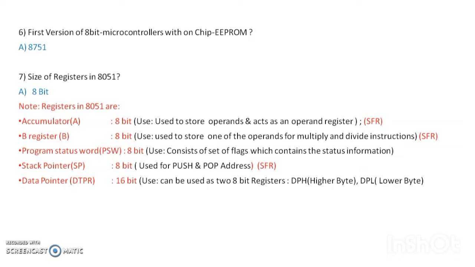Here at the end of each register you'll be seeing something called SFR. SFR is nothing but special function registers. The 8051 microcontroller has special function registers, which are addressable 8-bit registers. For more information, I'll be giving you the details in further slides. For instance, some of the SFR registers are A register, B register, stack pointer. These are some of the registers that are SFRs, so try to make a note of it.